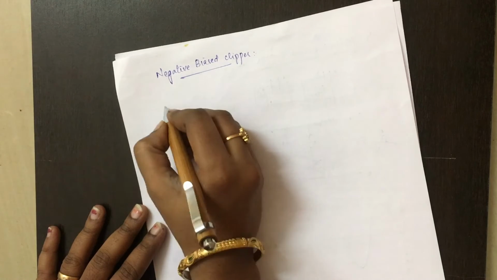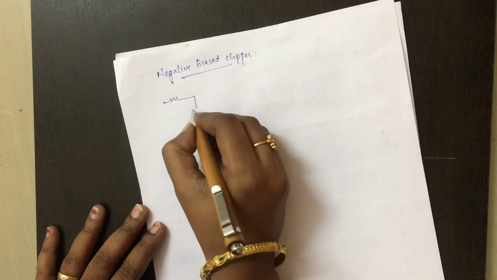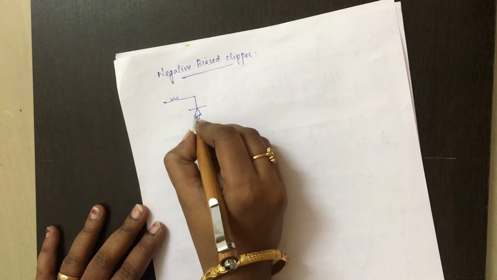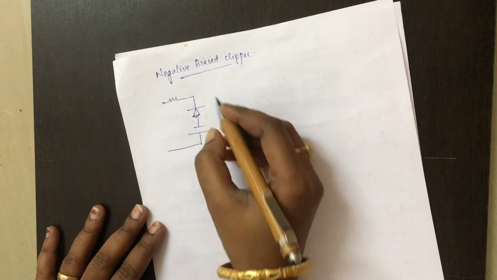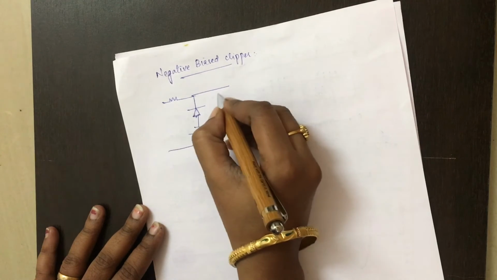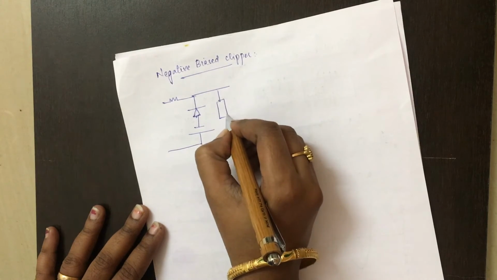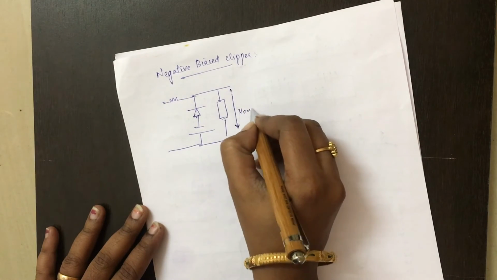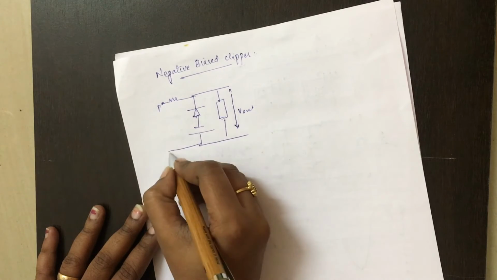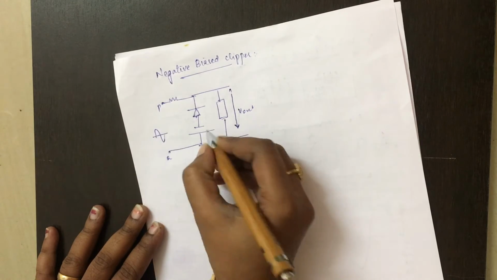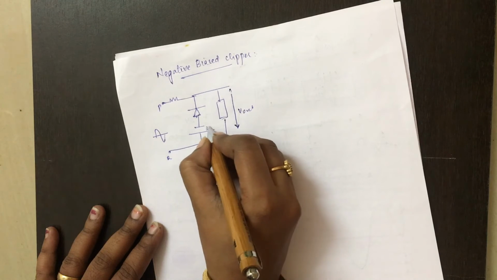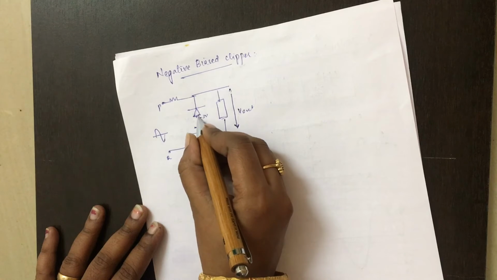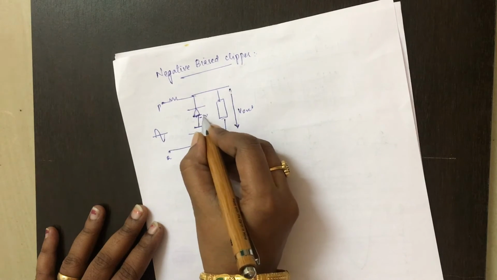So here again resistor, diode. Here negative of the battery is applied to anode. So this is the output voltage, V out, P, Q. So let's consider the same 3 volt battery, but negative 3 volt is applied to anode because this negative is connected to the anode of the battery. So negative 3 volt.